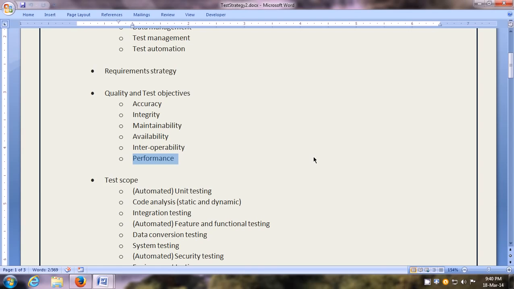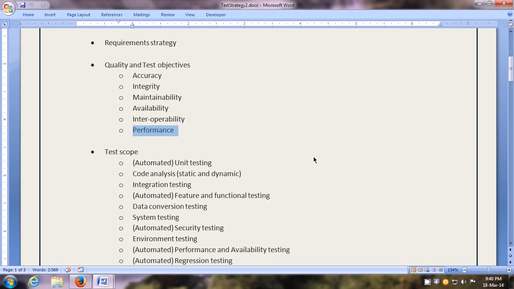So there can be some target like the response time has to be less than 1 second, the throughput has to be greater than 100 transactions per minute.